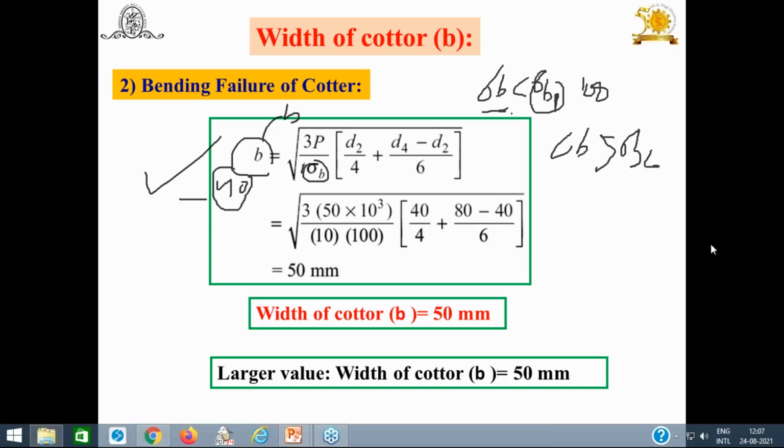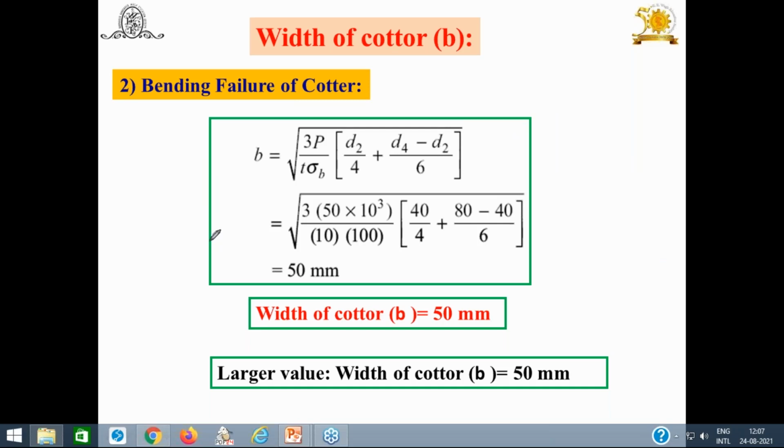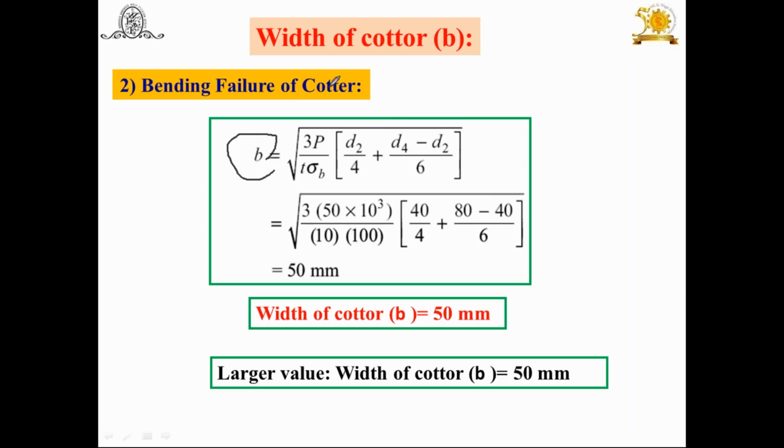So instead of that, you can do one thing. This is also another approach that I would like to discuss with you. I will discuss it in future also. But calculate B against shear and against bending, and where you get the maximum or larger value, you can use it. For another approach, calculate the value of B against shear and substitute this B in the equation of bending failure of the quarter, find out sigma B, and this determined sigma B should be less than the permissible sigma B. Then you can say your design is safe. This is the approach.